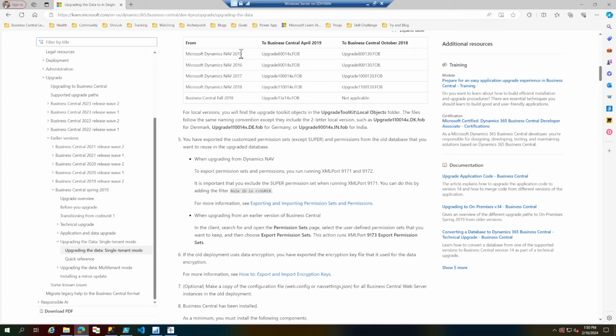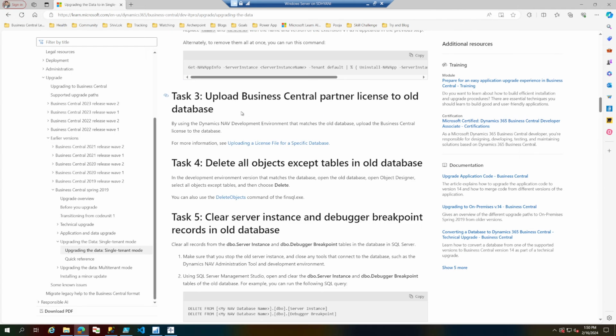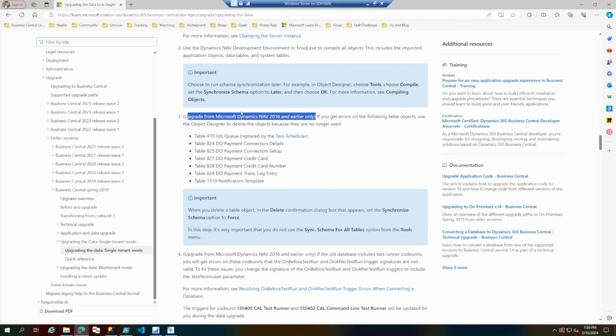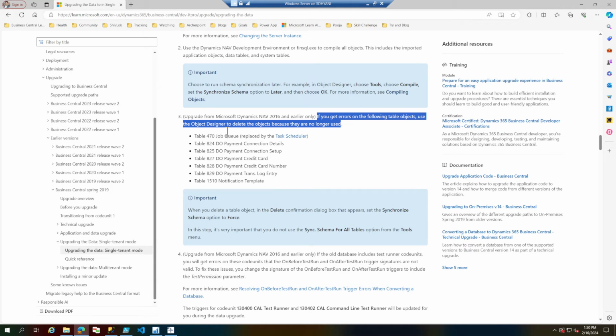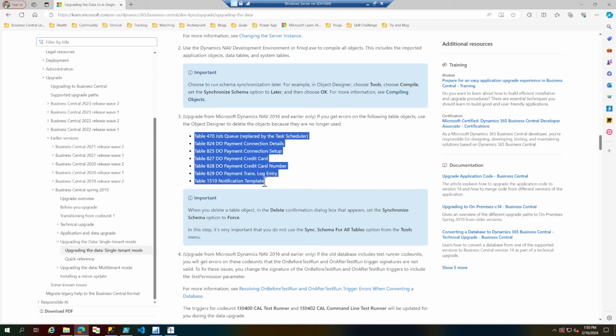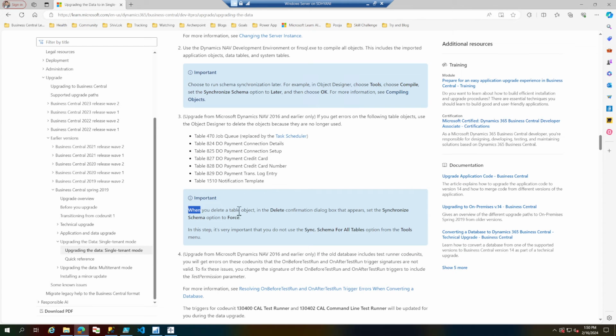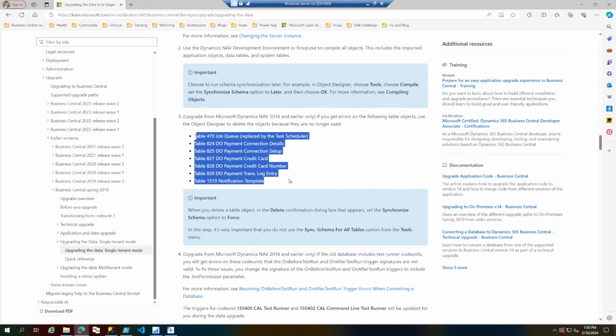So if you are coming from 2015 or 2016, then this step is applicable, that you may get, and you should get, errors on the following objects. And if you do get them, then what you need to do is, when you delete a table object,